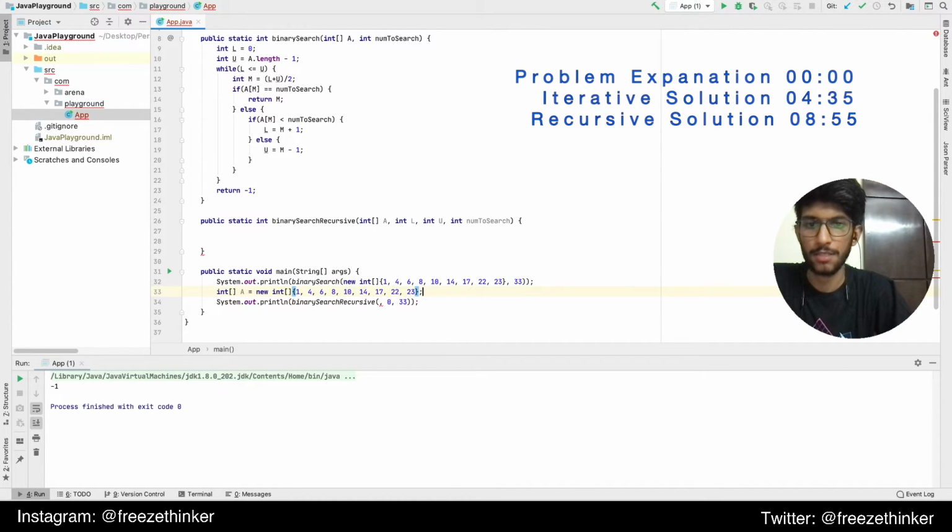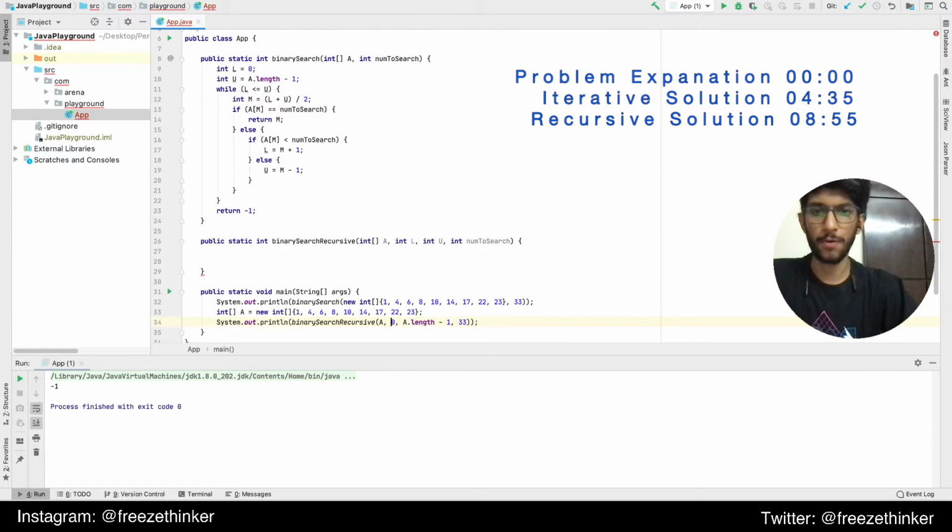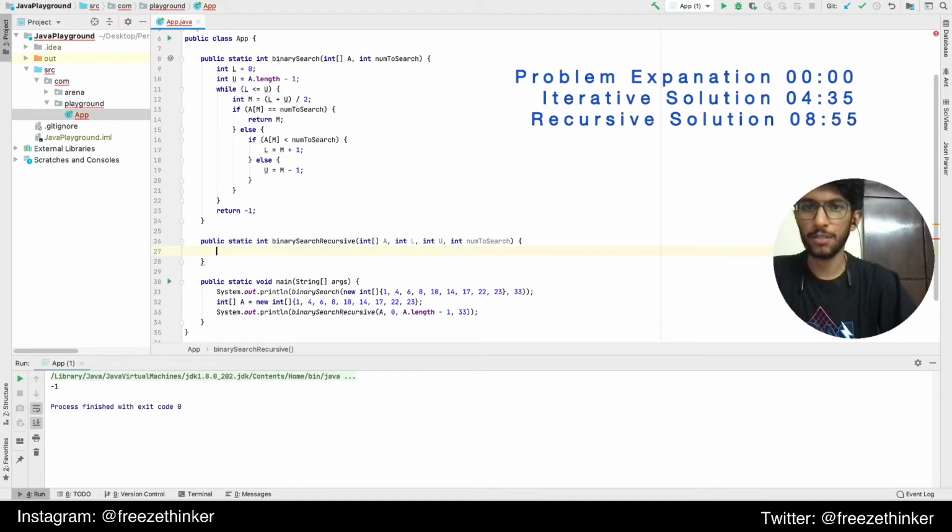and we pass this array and we pass the length of this array, so minus 1. So now what we do here is we've passed the upper bound as well. What we will do is we will calculate the mid, which is very similar to what we've done here. And now we will also check for this condition.